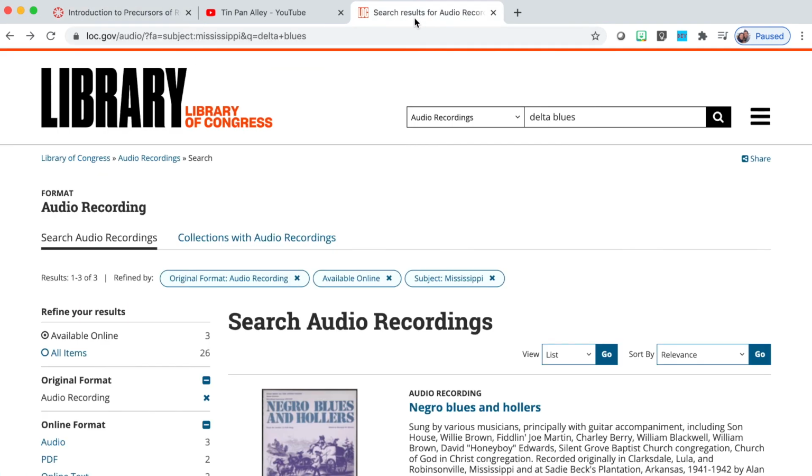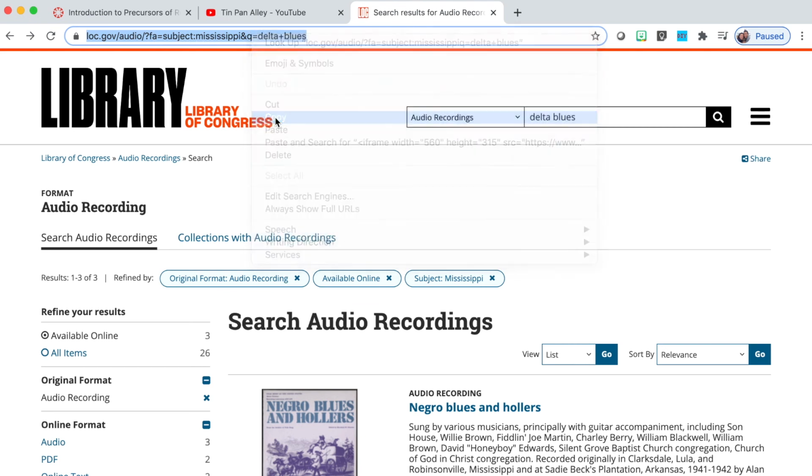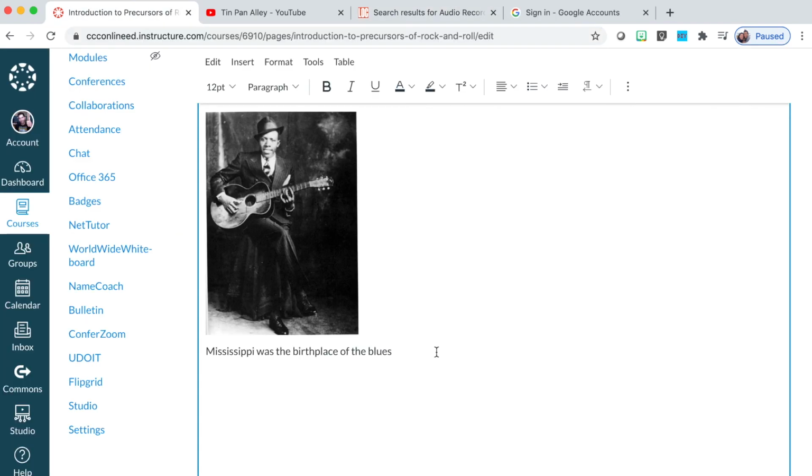So I have a link here to the Library of Congress that is linking to when I searched Delta Blues. So I will select the full URL in the address bar and copy the URL. And now I'm going to link it to the blues right here.